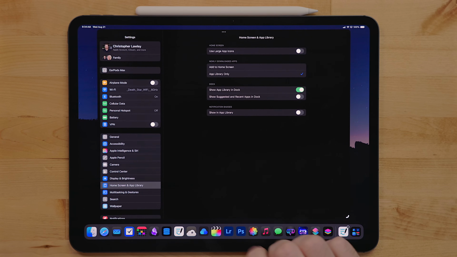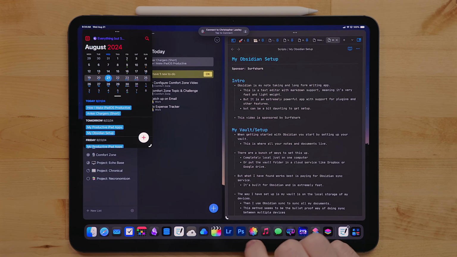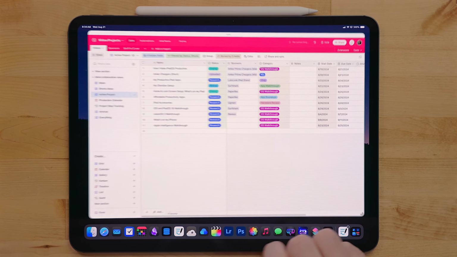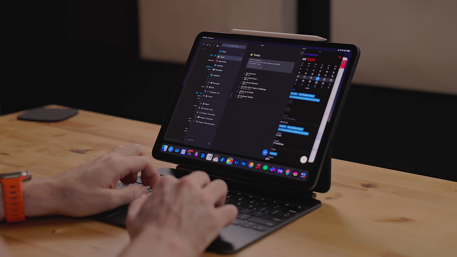Now, in both multitasking modes, you can actually swipe across the bottom edge to jump between your most recent apps, stages, or split view. Now, it may seem a little weird that there are 2 multitasking systems on the iPad, and it might be a little daunting to pick one or the other in which you want to use, but it's actually pretty simple. It boils down to if you use your iPad with a keyboard and trackpad a lot. If you do use your iPad with a keyboard and trackpad, Stage Manager is going to be your best bet